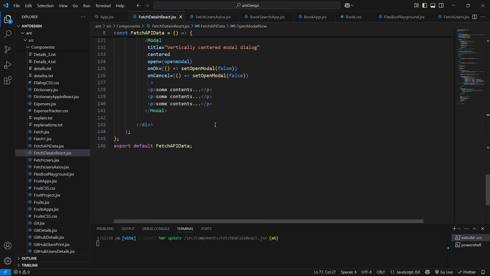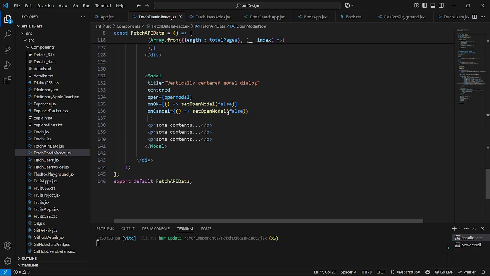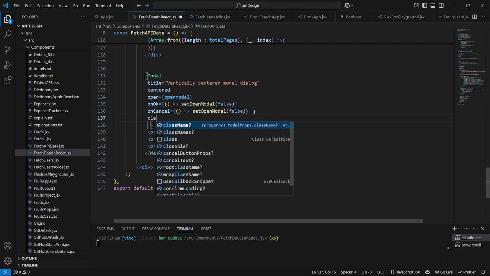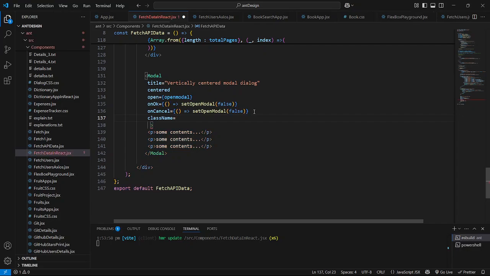I will just say here, class name. I'll just use here, what can I say, backtick, to make it dynamic. So we will just use here the backtick. So I'll just use here backtick. I'll just copy this,